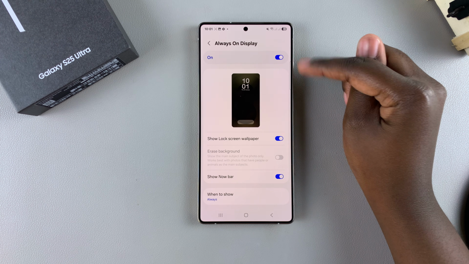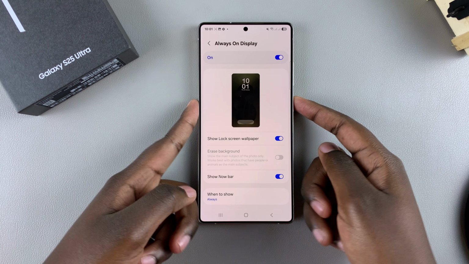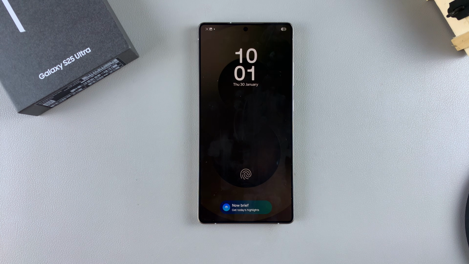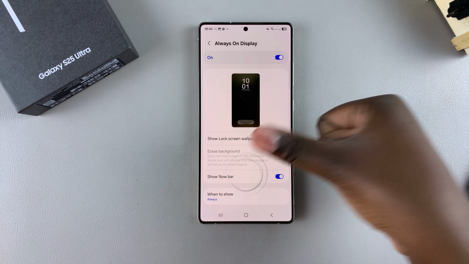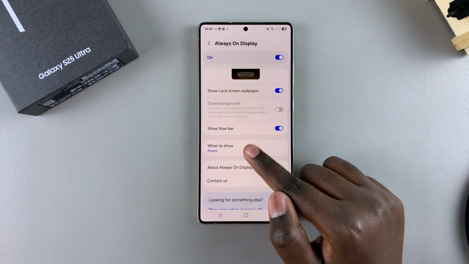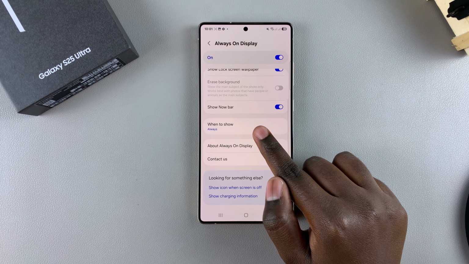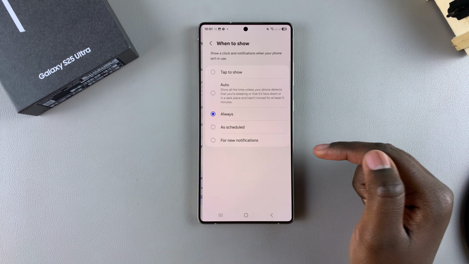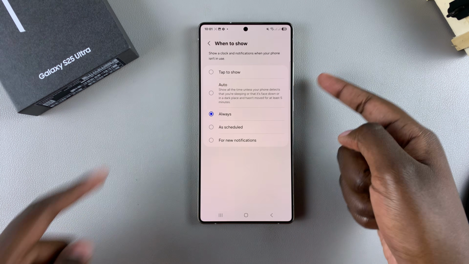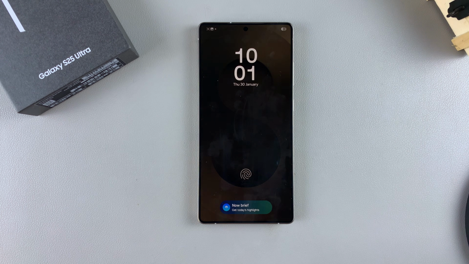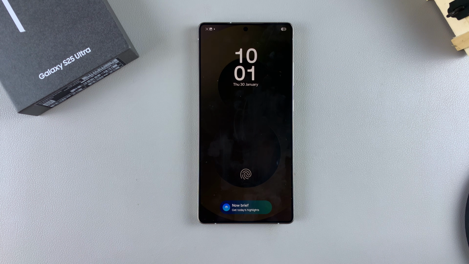Once your always on display is enabled, you can then notice that whenever your phone is switched off, you should see the always on display appearing based on how you've set it to be enabled. So for example, you come to this option when to show and select it, and because it's currently set to always, it means that whenever my phone is switched off, the always on display is always available for me to